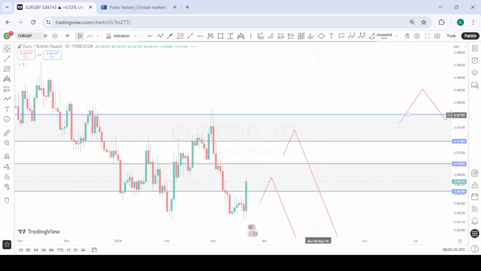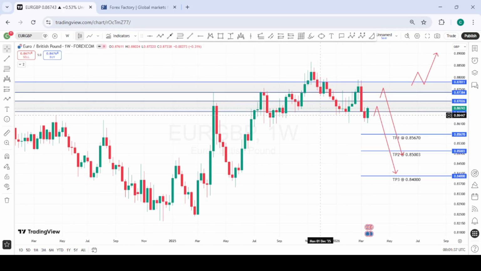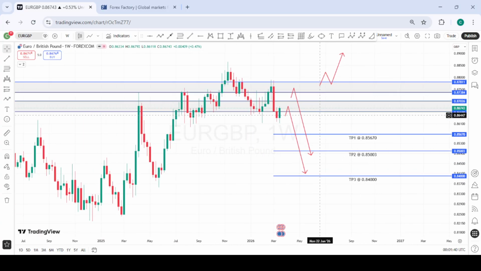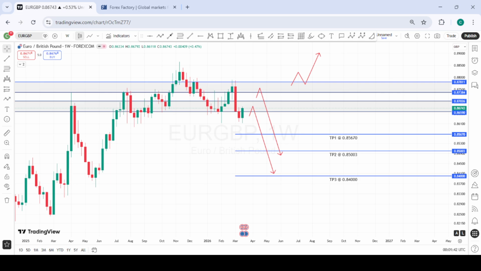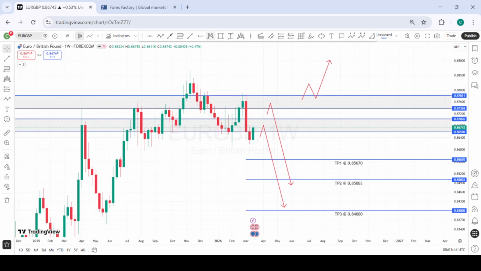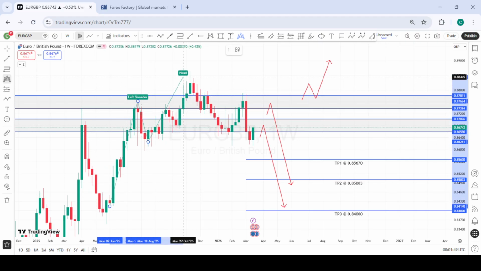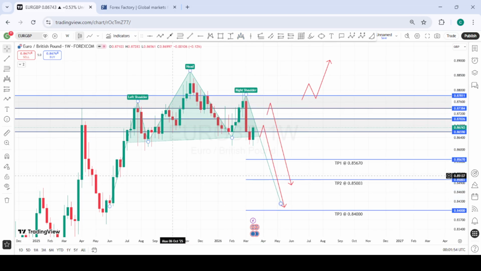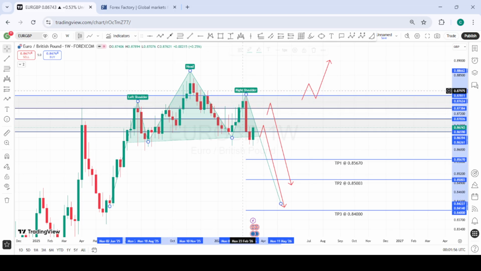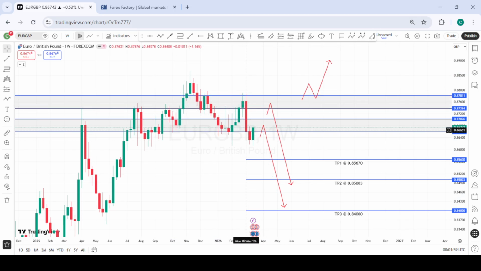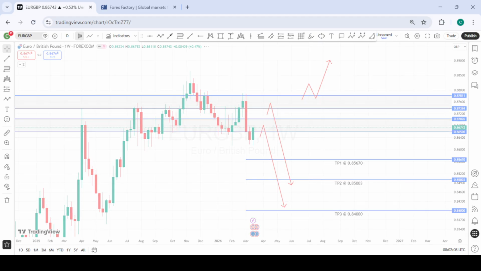This is EURGBP. We had this position from last week. We identified this head and shoulder formation. This is the left shoulder, this is the head, we have the right shoulder. We are looking forward to see a completion of this head and shoulder formation, and we anticipated that price was going to pull back into the first area of interest to give us selling opportunities. Currently, price has made its way into the area of interest. So going into next week, what we'll be doing is we're going to look out for